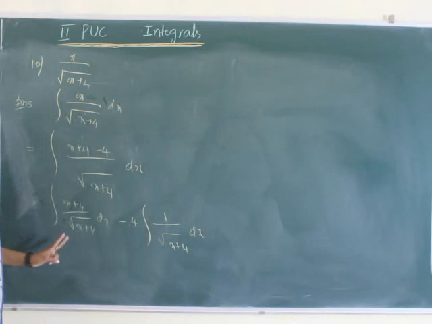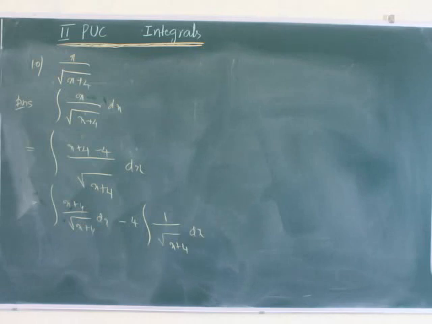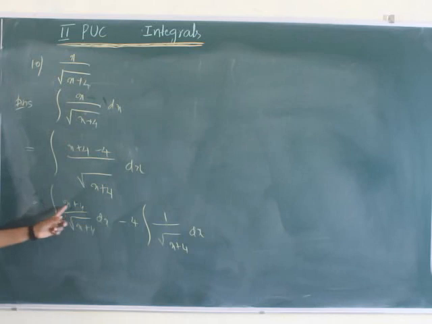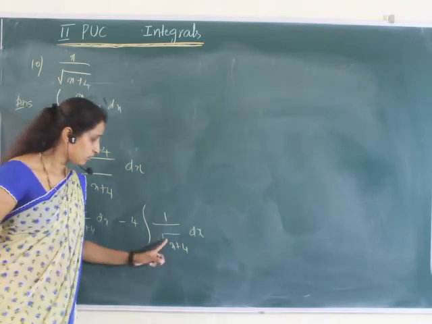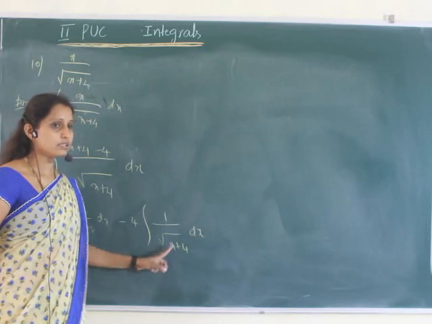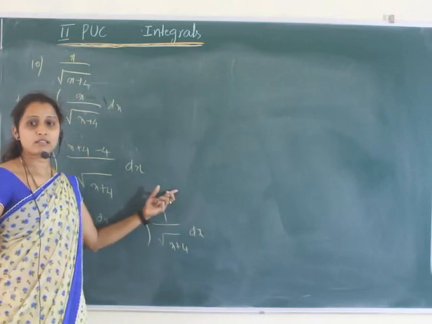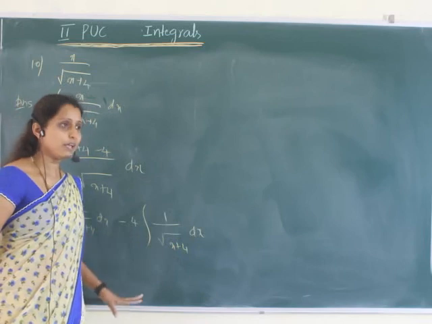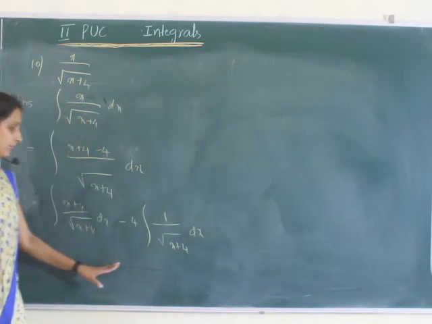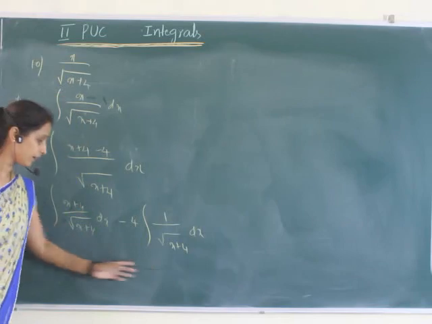So here there are two methods. One is by taking t and simplifying, and one more by writing directly. If you write directly, we get the same answer; if I take t, same answer, because it's just a simple function x plus 4. If I take t, it becomes t by root t, so t to the power 1, t to the power minus half, t to the power half. So t to the half integrates to t to the power 3 by 2 by 3 by 2. Here it is 1 by root t, in the sense t to the power minus half, which gives t to the power half by half. Instead of t we have to resubstitute, or we can write directly.